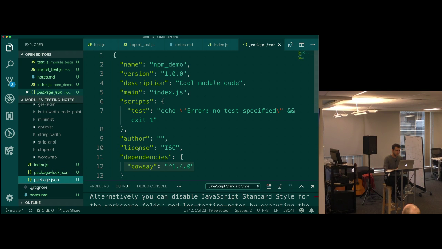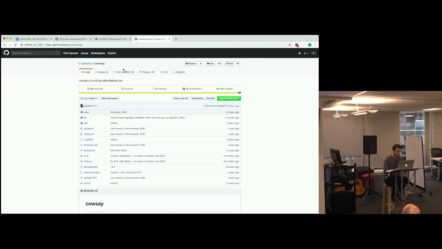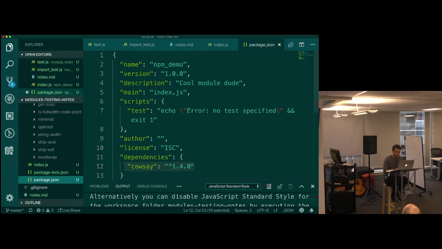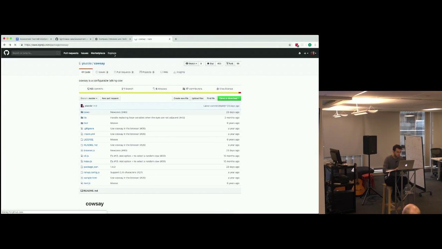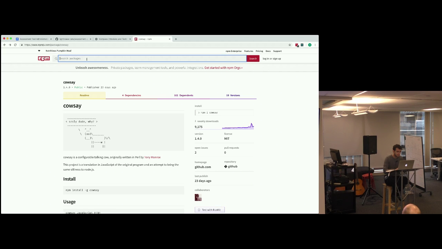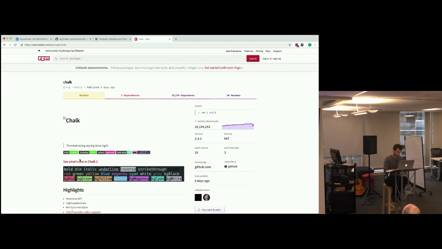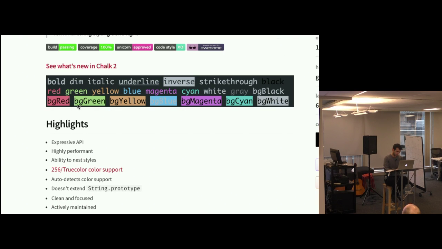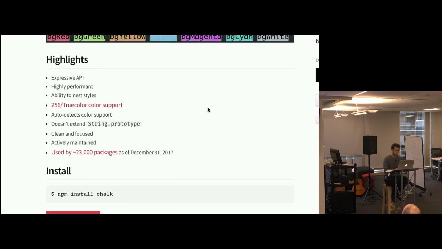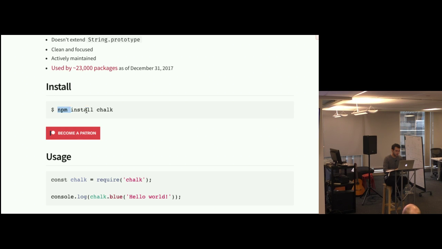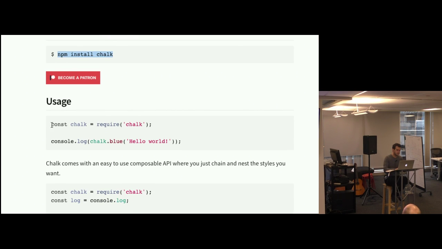So just to show you another example of a module, let me bring in a module called chalk real quick. Here's a module called chalk, and really all it does is when you console log using chalk, you can make nicely colored stuff in your terminal. You can install it with npm install chalk, and then you require chalk, and you can console log stuff like this.